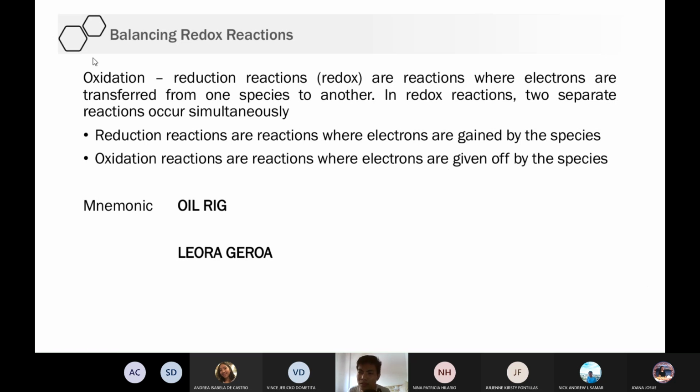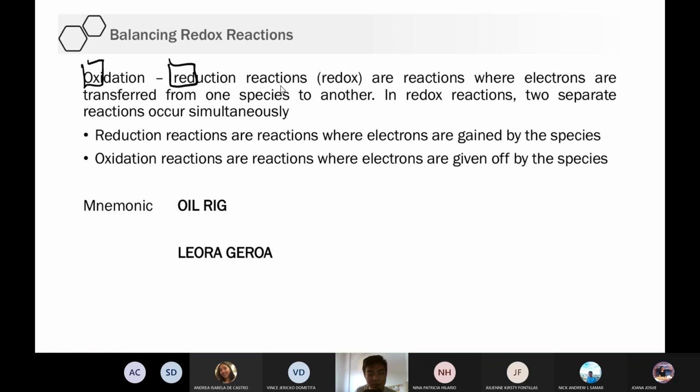Okay. When you say redox, that is oxidation reduction. Redox, no? Reduction, oxidation. Pwede pagbali-balik na rin yan. Redox, no? Okay? When you say redox reaction, this is reduction oxidation reactions. And these are reactions where electrons are transferred from one species to another. So, ibig sabihin, electrons ang pinapasa dito. Compare that with the acid-base. Acid-base, ano yung pinapasa? Hydrogen, di ba?